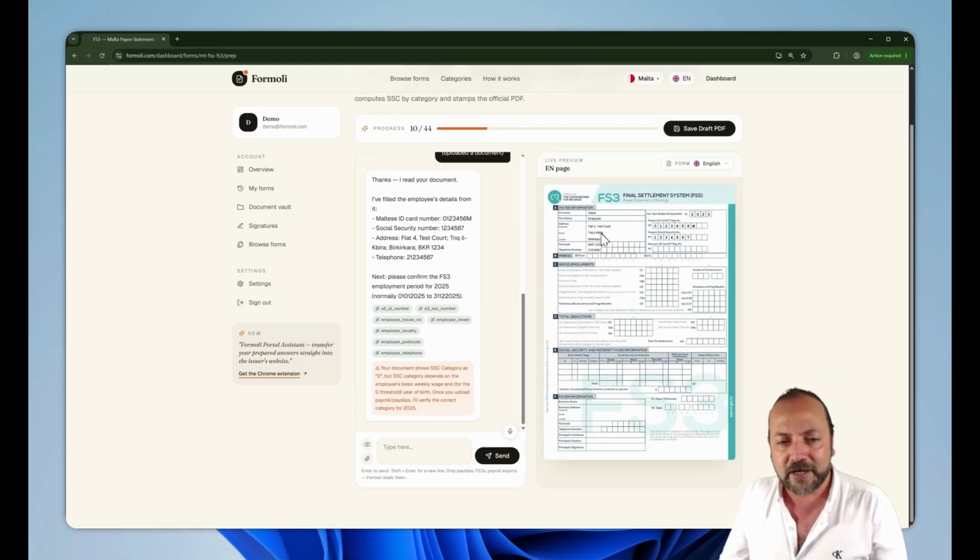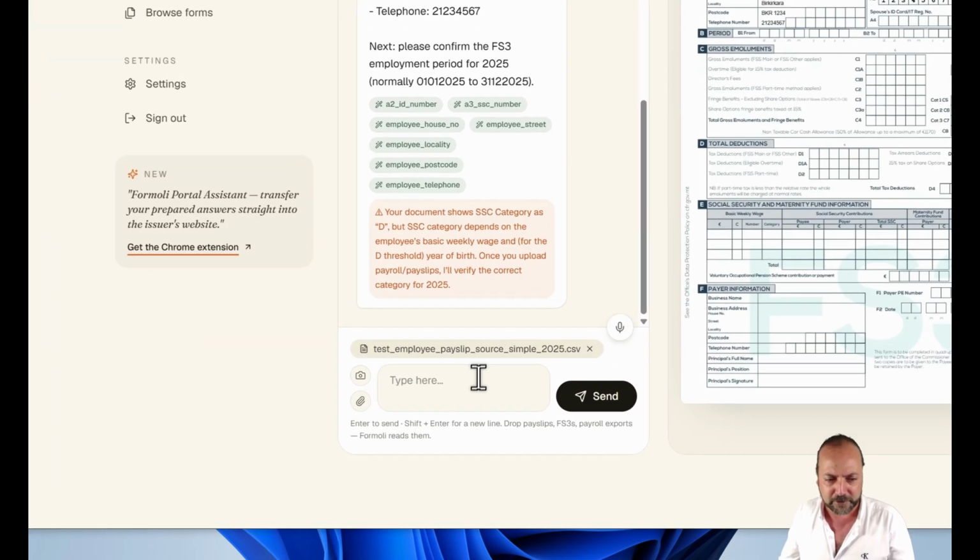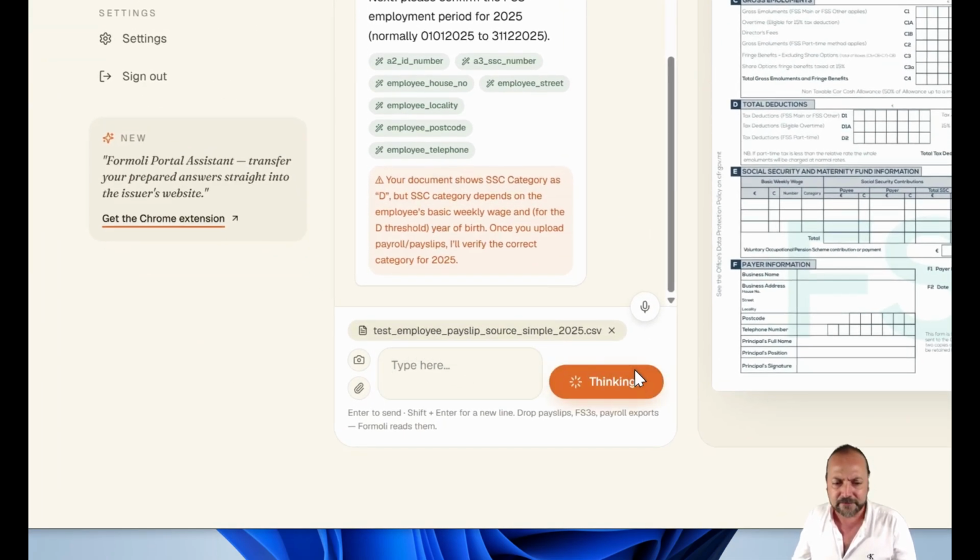You have the address, the phone number, the postcode, social security number, and ID card all filled on the FS3 form directly. The next step, we're going to take the financial data to be uploaded. You can extract it from your payroll software. In this case, we're going to drag a CSV file containing the payslips of the employee, hit Send, and